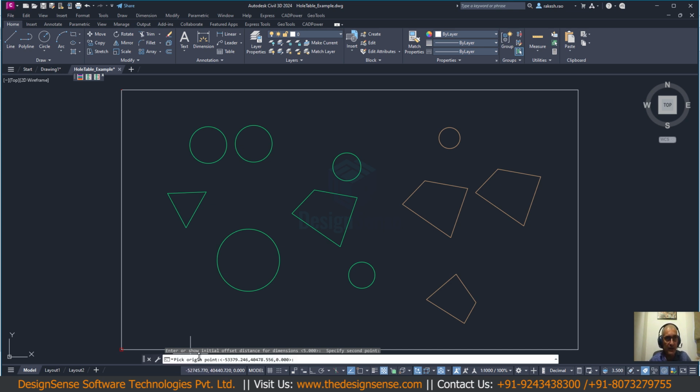Pick origin point. You can see that by default it has taken the lower left corner as the origin. You can see that red mark there. So I'm just going to press enter here. Pick point on x-axis of the hole table. The hole table x-axis by default will be this bottom horizontal line. So I'm just going to click this endpoint here, and now you can see the hole table is being drawn